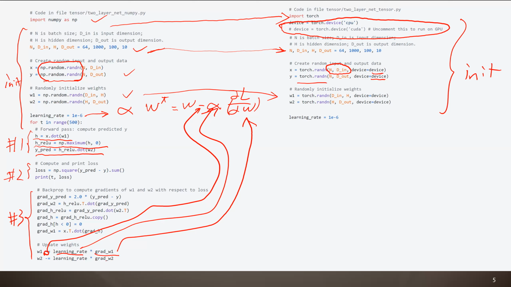So the format is pretty similar. Now we just use torch.something rather than np.something. Okay, again, we want 500 loops for the optimization. And now you can see in NumPy, since X is a NumPy array,